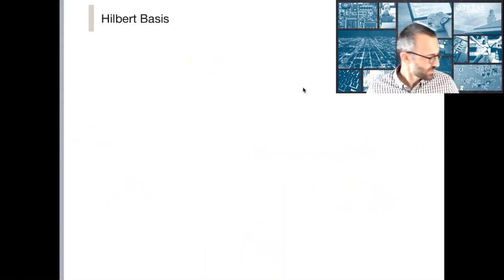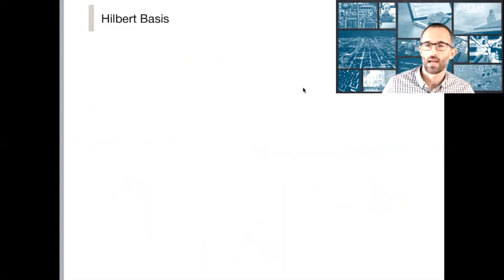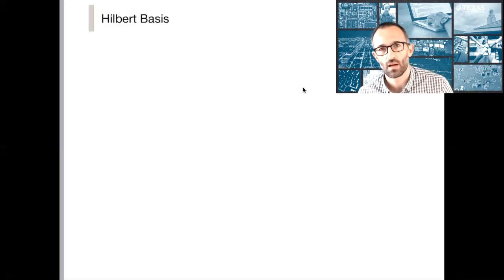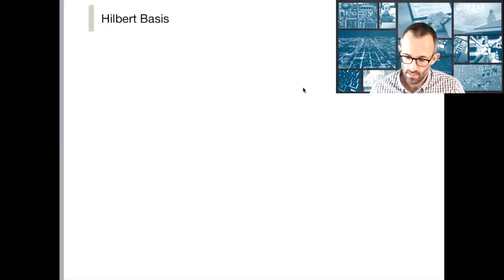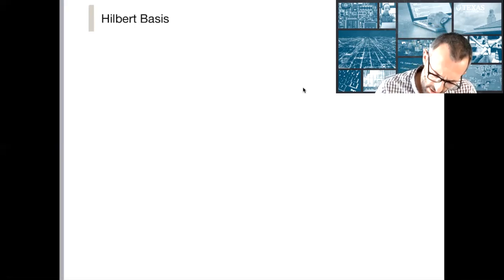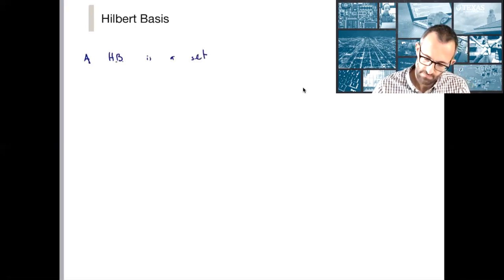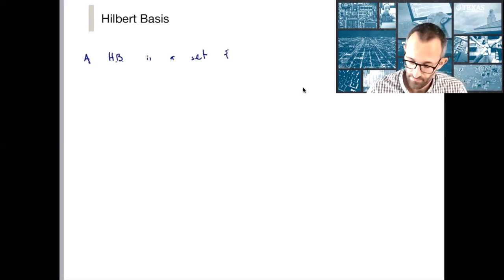And now I want to relate this to one other concept that is, again, broader than just optimization, and it has to do with a study of lattices and is more broadly used. And this is this concept of a Hilbert basis. And here's the definition. A Hilbert basis is a set of vectors A1 to AN